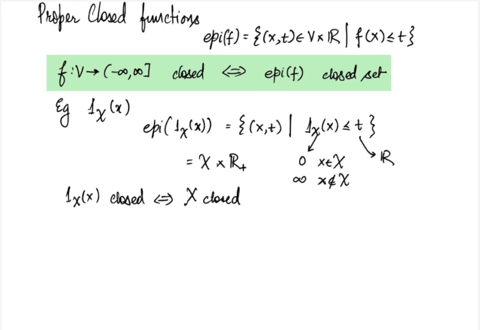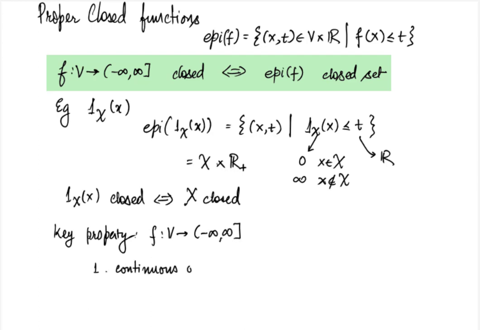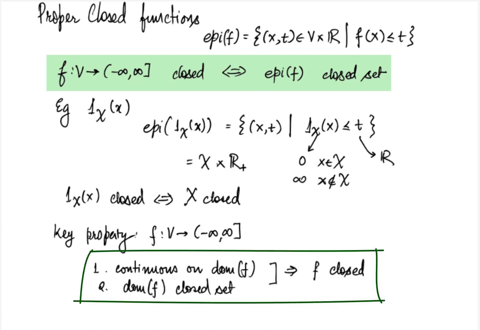Since we will always be considering closed functions, finding their epigraph and verifying might be a bit tedious. So we will provide an easy to check property for continuous functions. An extended real valued function which is firstly continuous on its domain, and secondly has a closed domain, is a closed function. For instance, consider the indicator function when calligraphic X is closed. The indicator function is 0 over its domain and hence is a continuous function over its domain, which is calligraphic X. Applying this definition, we see that the indicator function is therefore closed.